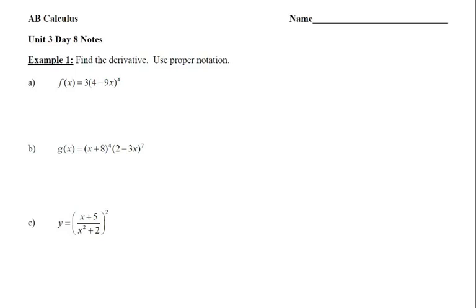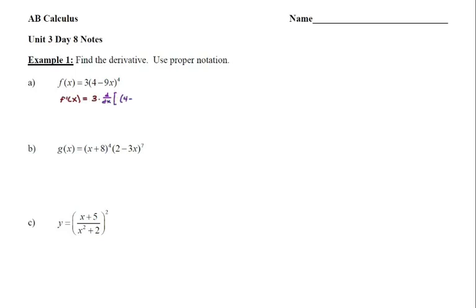If you look at example 1a, here are my options. If I want to take the derivative of that function f of x, I could multiply 4 minus 9x to the fourth all out, distribute the 3, and then have a polynomial. Then I could just use the power rule for every term, and that would be my derivative. That's an option. The other option, which would be the better option, is to apply the chain rule. So the setup would be